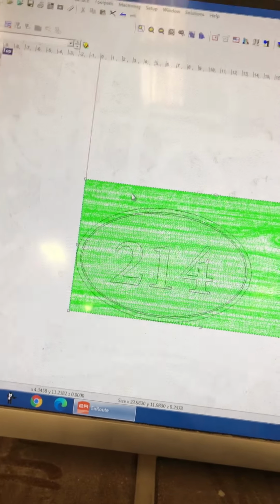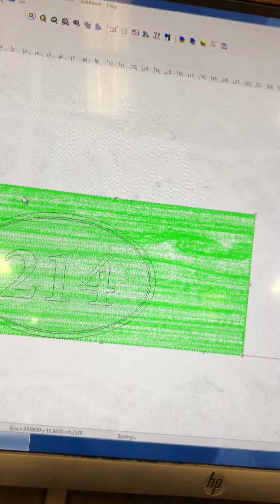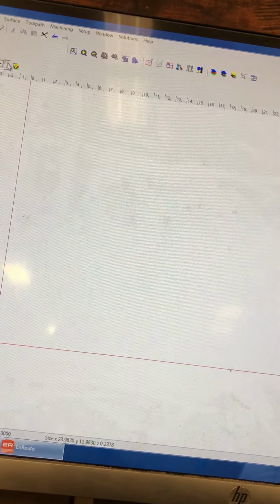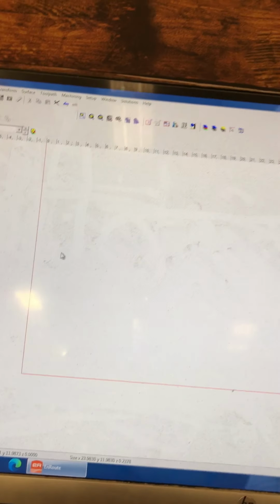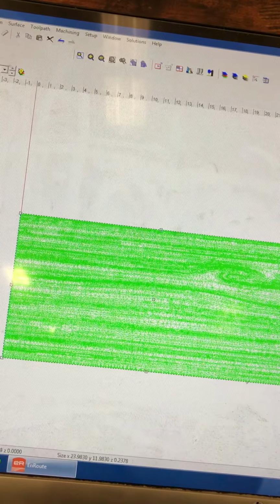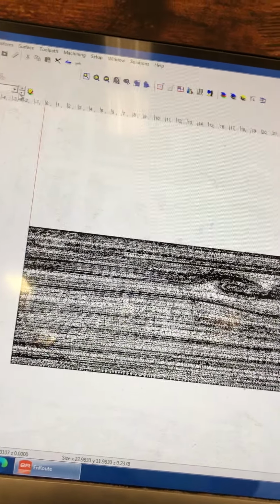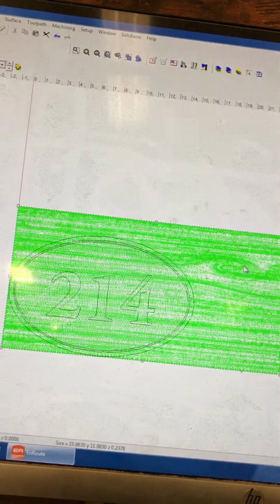Now, since we don't really need this wood grain anymore, I'm going to put it back where it was at. So Control Shift V and leave it there. I guess we could have done that from the start, but we didn't know if we were going to need to make extra copies or not. So now we can take this one and delete it,